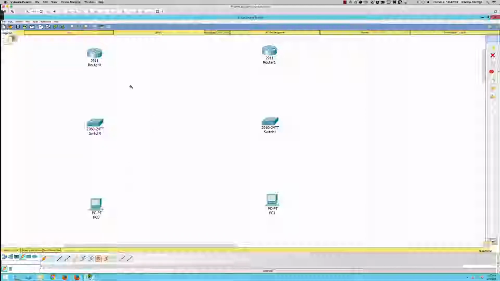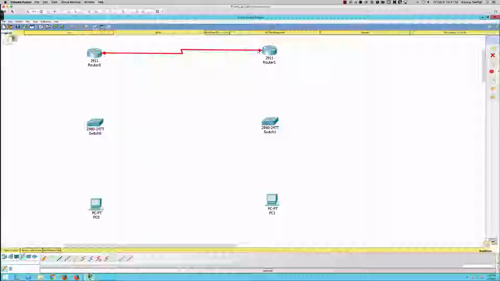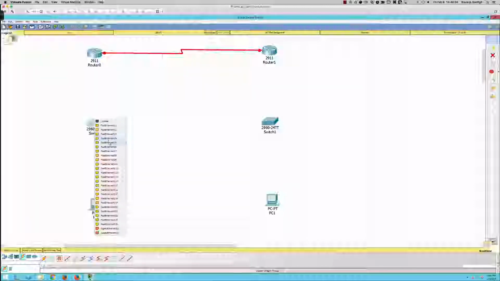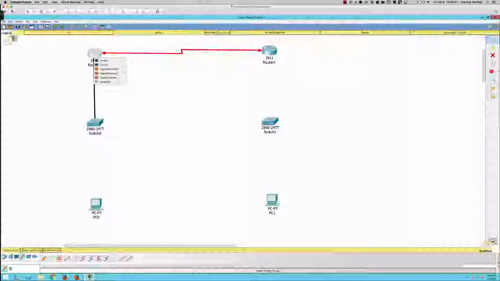So now let's come back and see if we can go from serial 0/0/1 over to serial 0/0/0. And we can, and the DCE DTE, you see the little designator there. That's sort of a legacy thing. It's not really relevant here in our configuration. So we've got our routers connected. Let's grab some straight-through cables, and we're going to go from Fa0/5 up to, what are we doing? Gig 0/1. And then we're going to do a straight-through cable again from